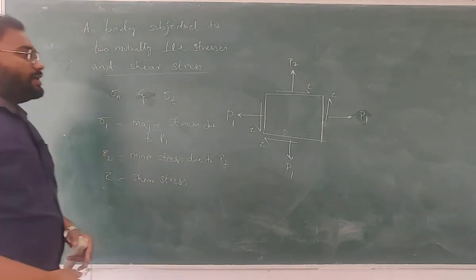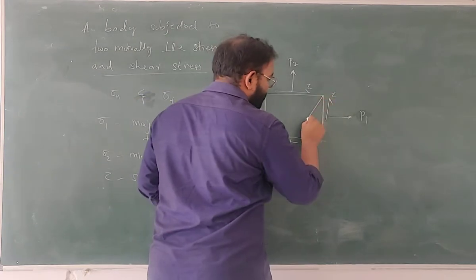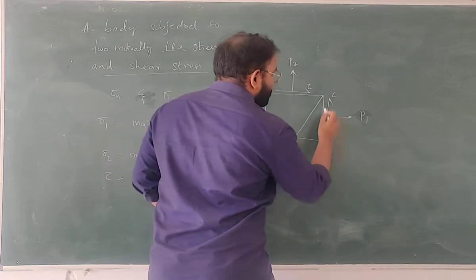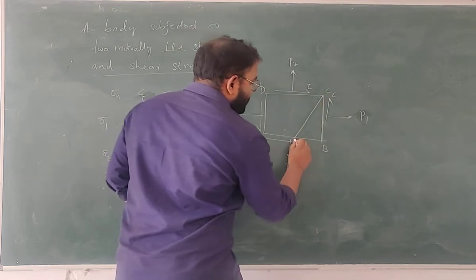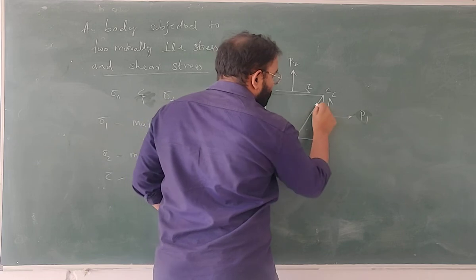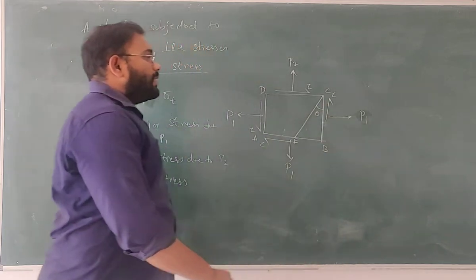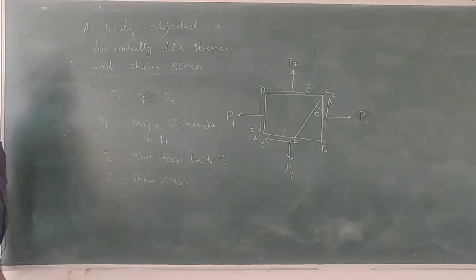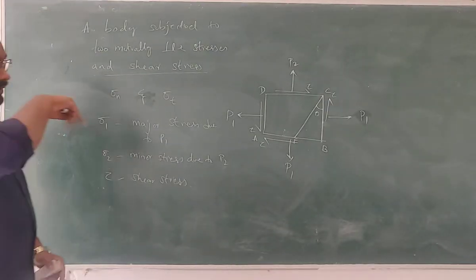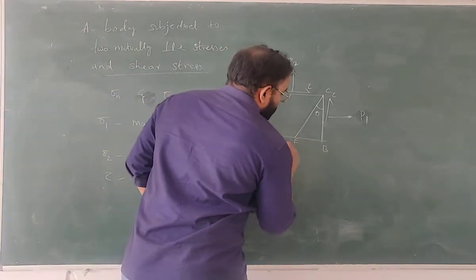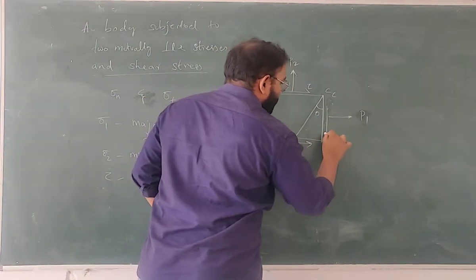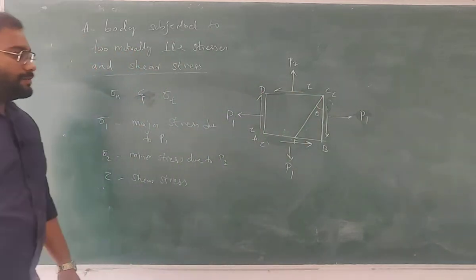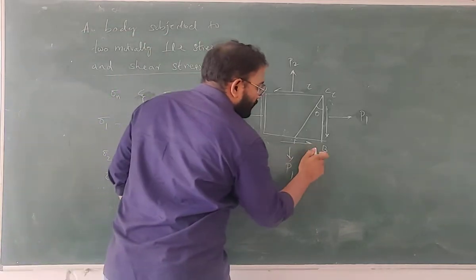Okay. So we'll draw the diagram here. Suppose this is an oblique plane. Let this be A, B, C, D. Let this be F. Now this is the angle theta for the oblique plane on which you need to calculate sigma n and sigma t. Sigma n and sigma t have to be calculated based on this angle. Let this be the shear stress. Shear stress tau is acting like this.